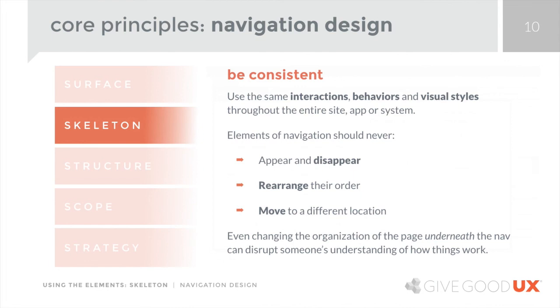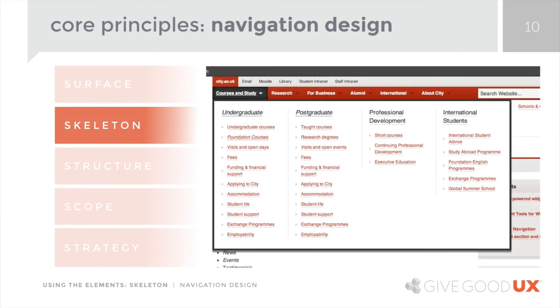I'll give you an example. If I choose the first item in this navigation menu, notice how it highlights number 1 in dark gray. Number 2, I get a drop-down menu with categories of things: undergraduate, postgraduate, professional development, international students. Titles are in gray, and I've got a list of additional categories under each main category. If I click on the second